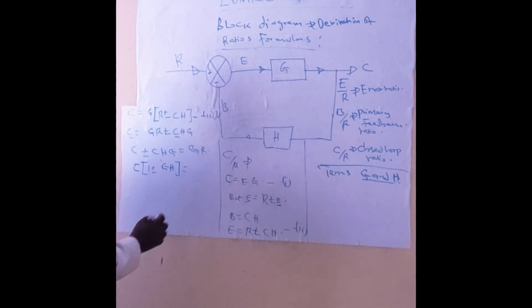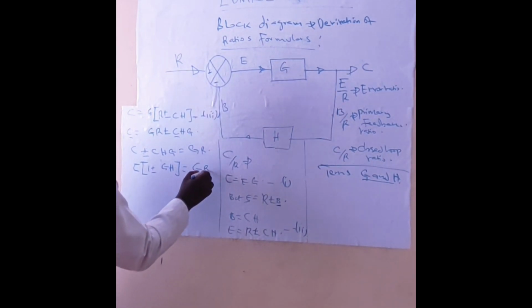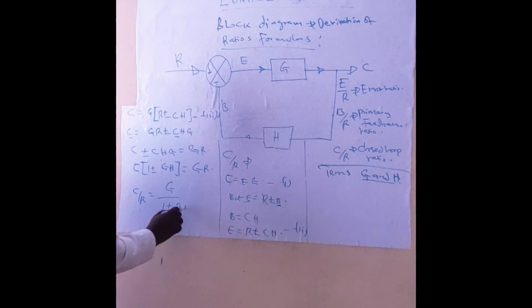Now the last thing is to apply the mathematical knowledge by dividing. So by dividing both sides by R, we are going to get this. We divide this both sides, we are going to get that, minus GH. And that is all. So after that, we have derived the three expressions using the canonical